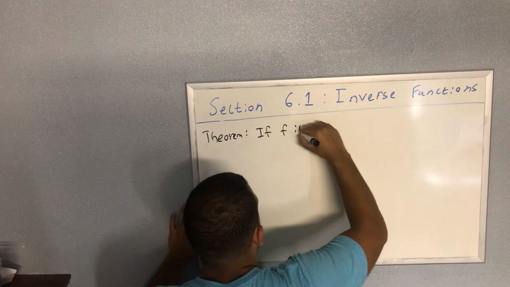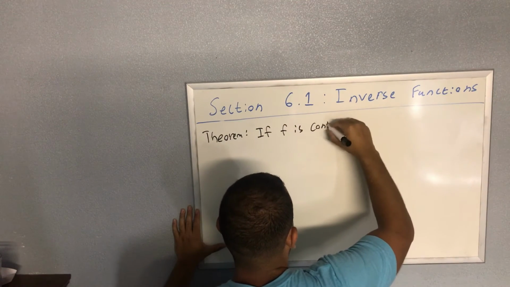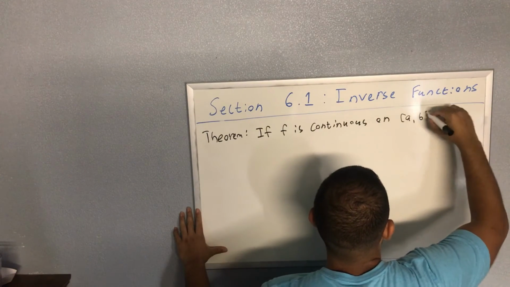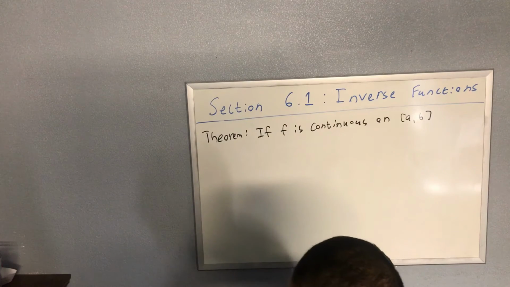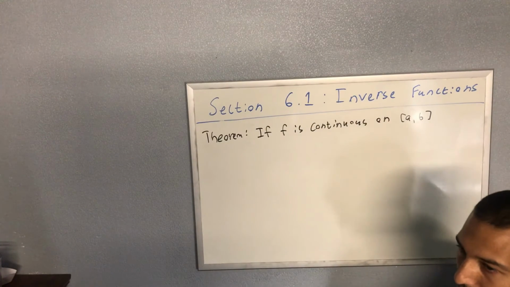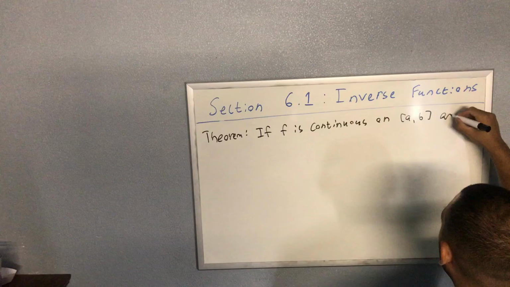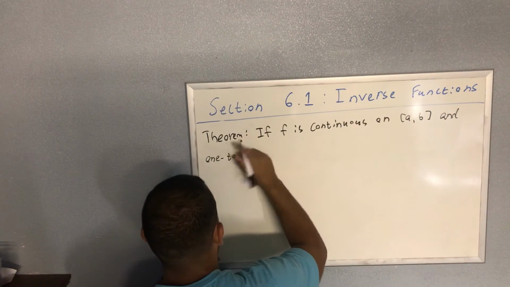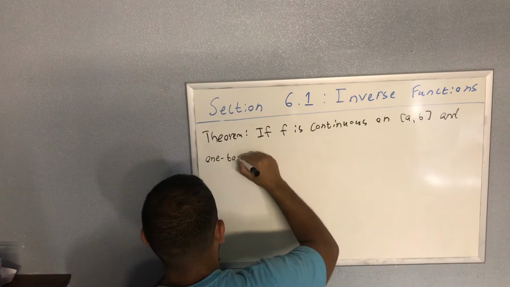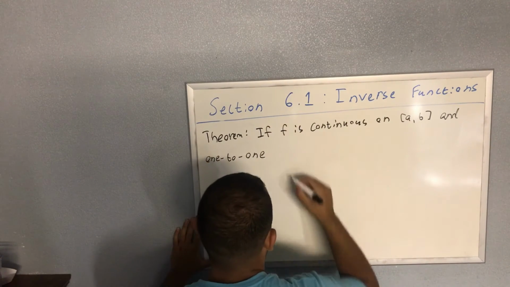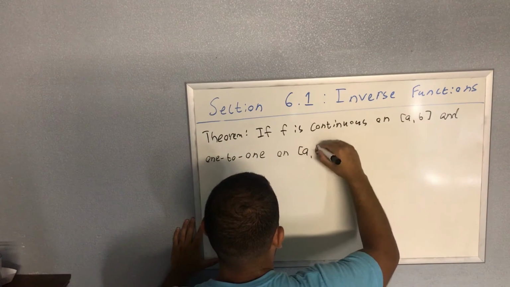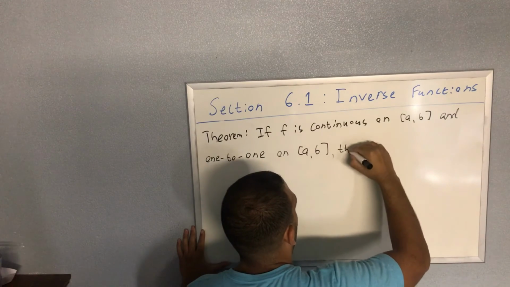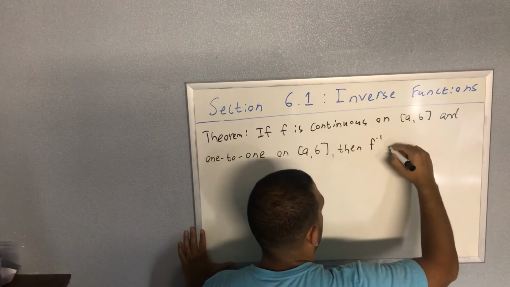If f is continuous on [a, b], and one-to-one, so this guarantees that the inverse exists, then f inverse of x exists,